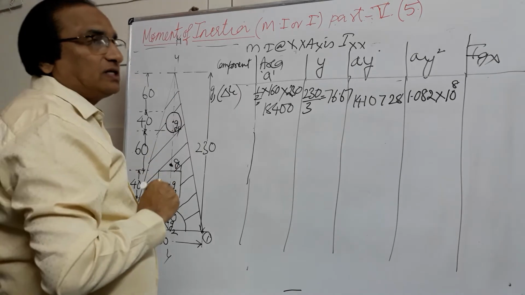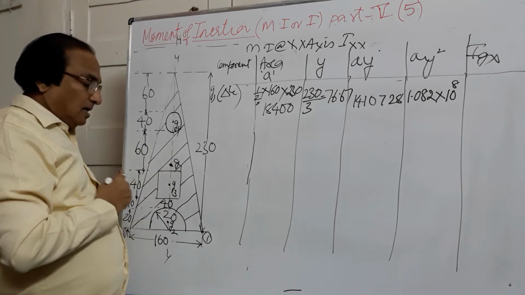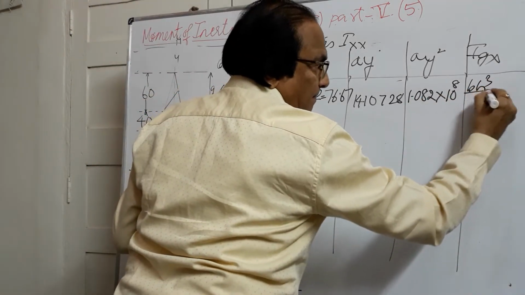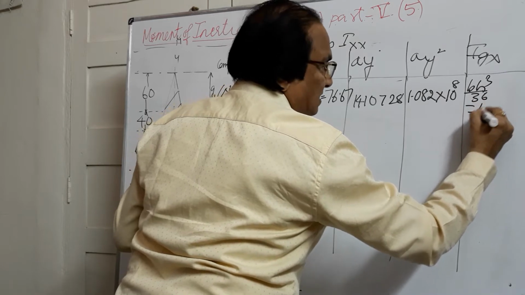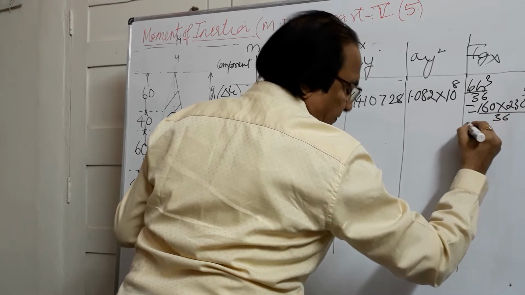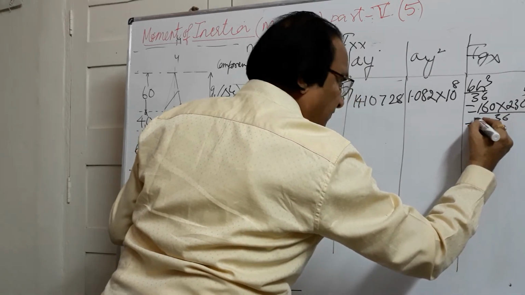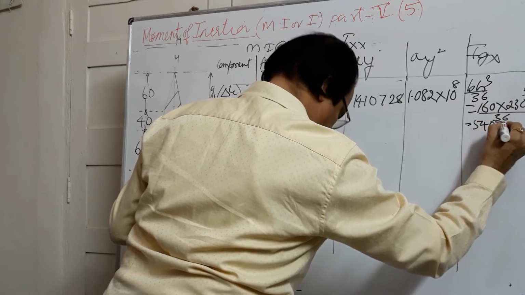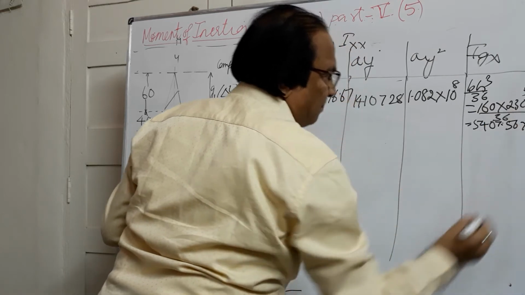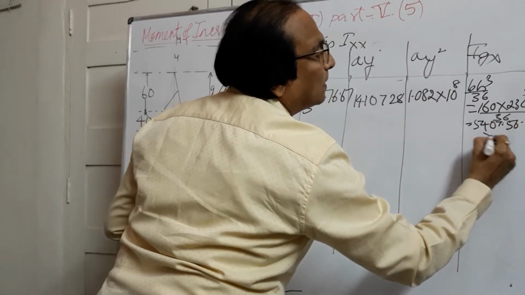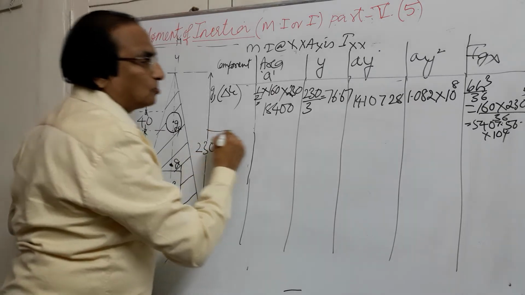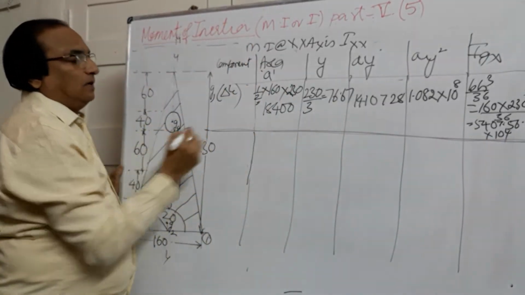Now we'll go for the moment of inertia of the triangle. We know the moment of inertia of a triangle parallel to the base is given by BH cube by 36, where B is 160 and height is 230 cube divided by 36. If you simplify this, you get the value as 5407.56 into 10 to the power of 4. This is only the full figure. From this we are going to punch out, so draw a double line here. We will go for deduct.